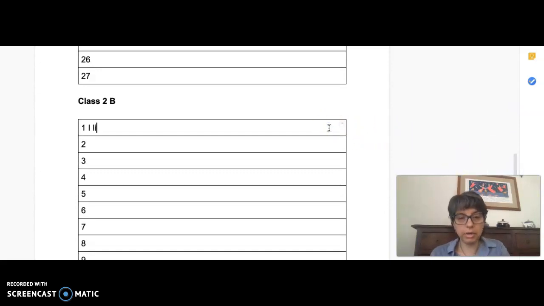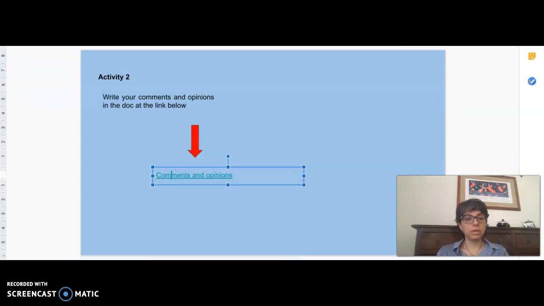For example, I like this story because etc, etc, and here you can write your name and the title of the story, or you can write the title of this story here, like I like this story something, and then because. Okay, then after that you go on to activity number 3,